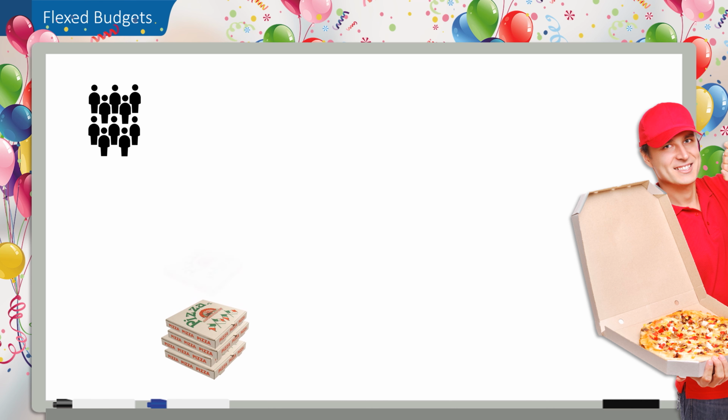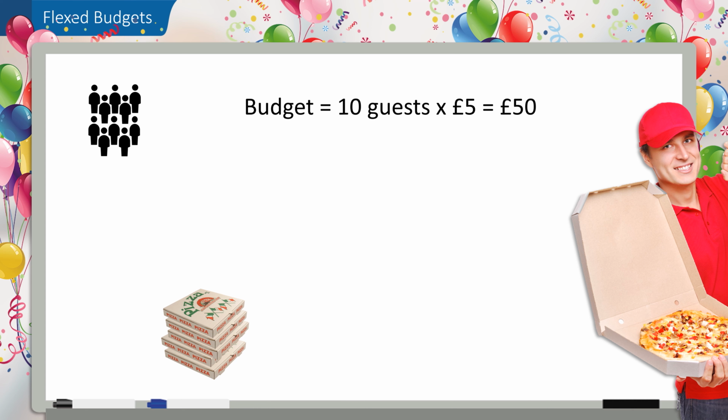Imagine you were hosting a party, and you decided that you'd order pizza in for everyone who came. And let's say you expect, or rather forecast, that 10 people would turn up, and that you budgeted that you'd need to spend £5 per guest on pizza, which would result in a total pizza budget for the party of £50. On the night of the party, 20 people actually turn up, and it's extremely unlikely that you'll be able to meet your £50 target, as this was based on 10 people attending, and you're definitely going to need more